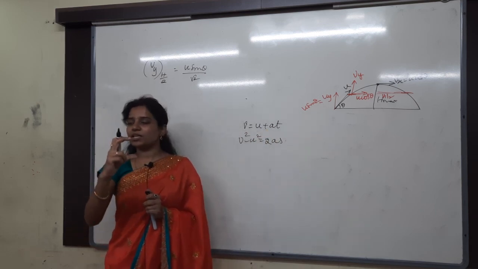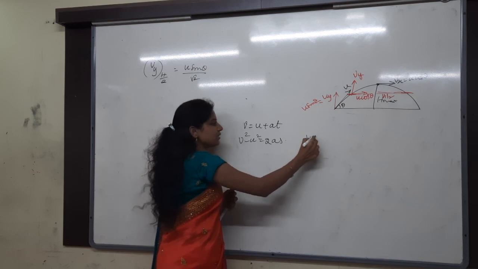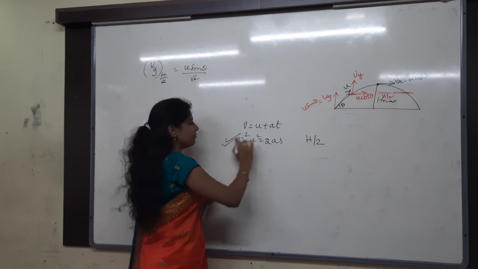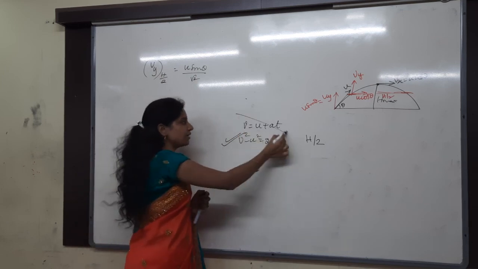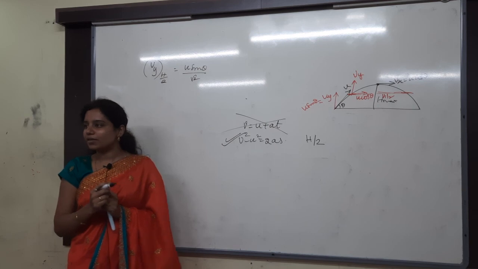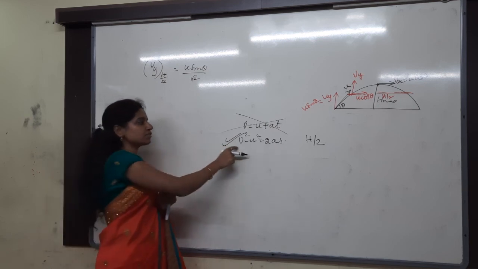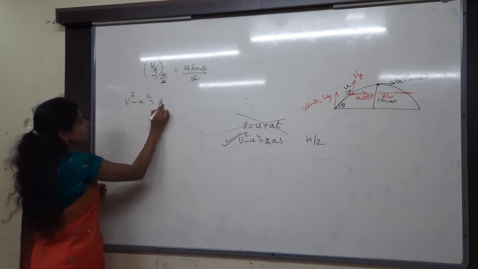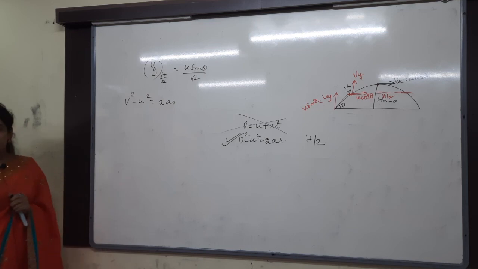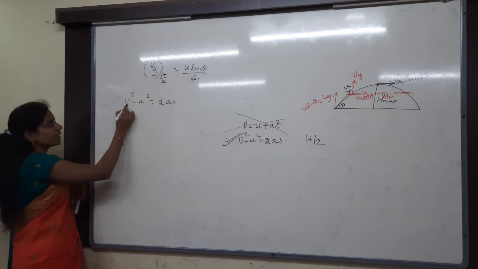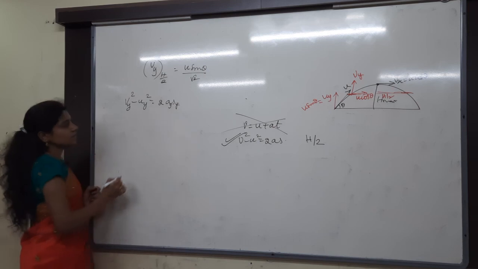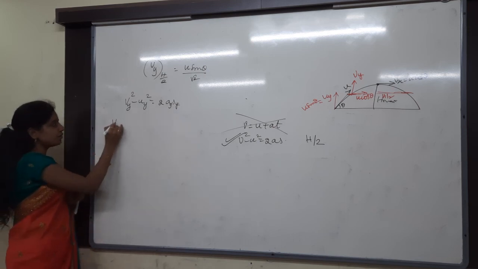Now, I am mentioning clearly that the displacement is half of the maximum height. Since I have the displacement, I have to use this formula only, because I don't have any time. I did not mention any time in the problem. So take v square minus u square equals 2as. Specifically, I mentioned which component you have to find: the vertical component, nothing but the y-axis. So Vy square minus uy square equals 2ay into sy. I want to find out Vy square only.